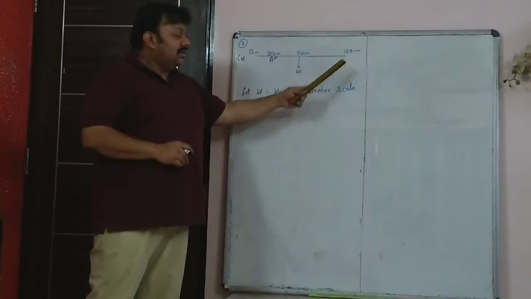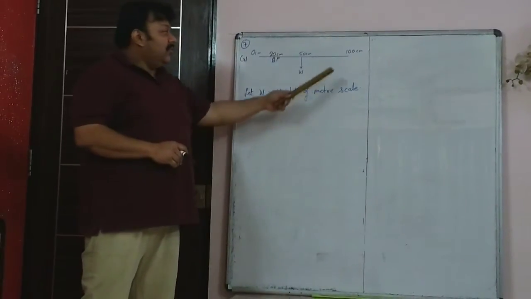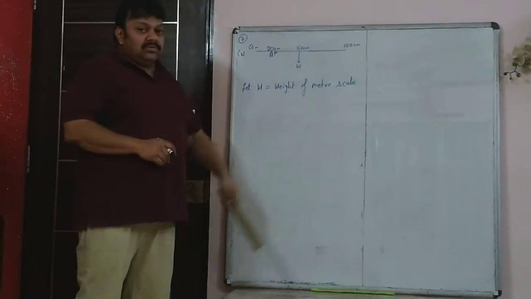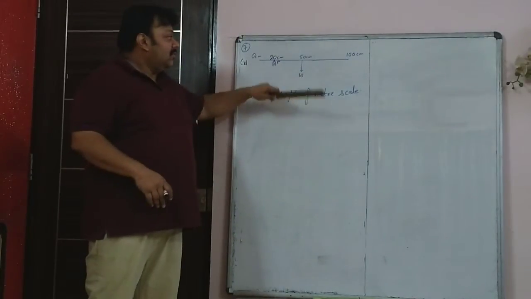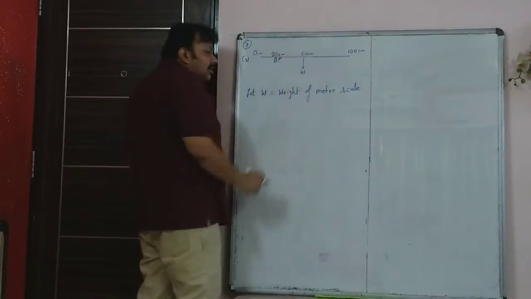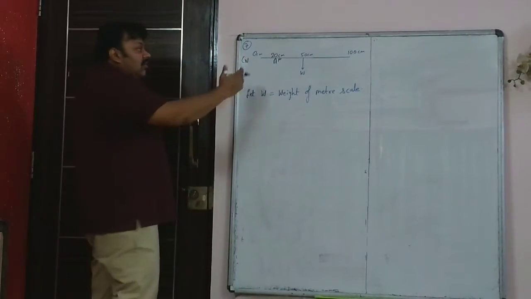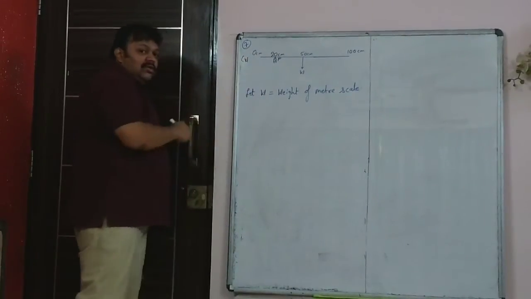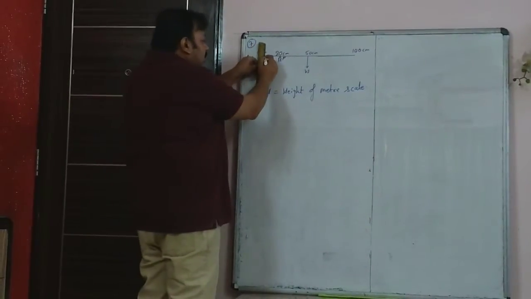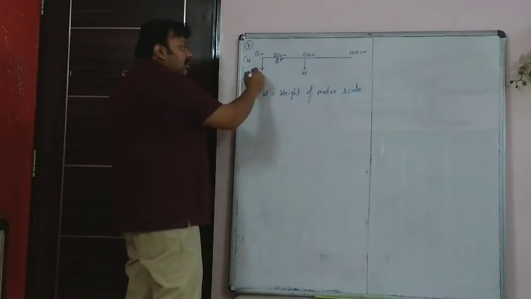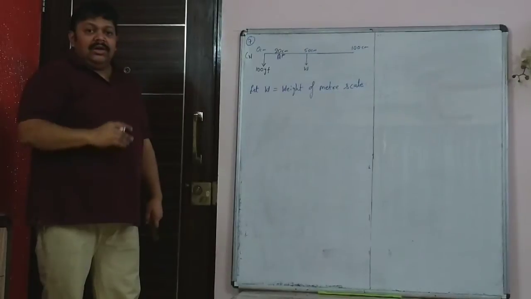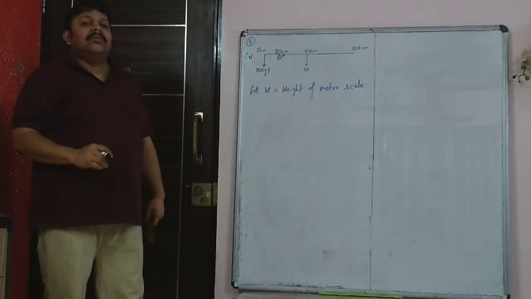Would you put it at this end? What would happen? If you put it here, then all the weights are on one side of the balance. So the rod will fall down on that side, it will not be in equilibrium. So you can't hang it at the 100 centimeter mark. Obviously you have to put the weight at the 0 centimeter mark. Only then there will be one weight on this side and one weight on the other side, and then there is a possibility that the weights can balance.